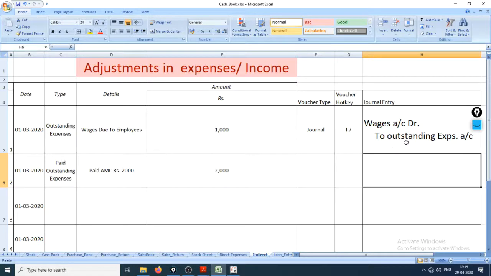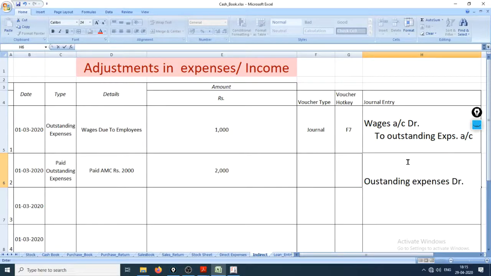As the outstanding expense account is credited when it is created, one entry I know for sure is that the outstanding expense account should be debited to nullify its effect. Debit. Okay, and when we pay our expense, what goes out?